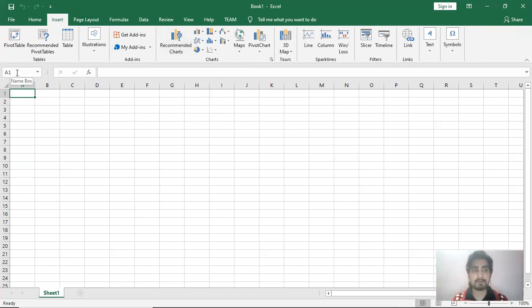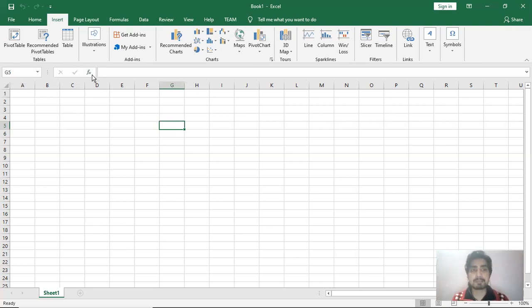Below that, in the left corner of your screen, you can see that one text box is provided in which A1 is written. Now this text box is known as the Name Box. The work of the Name Box is to display the name of the active cell. So whichever cell you have selected, the Name Box will display the name of that active cell. Now you can see the letter in the Name Box has changed, now it has become E5. Now the name is G5. So whichever cell we want to select, just select that and the Name Box will display the name of that active cell.